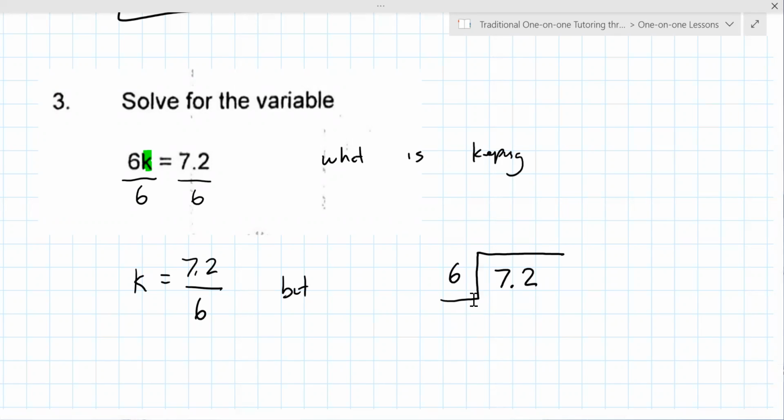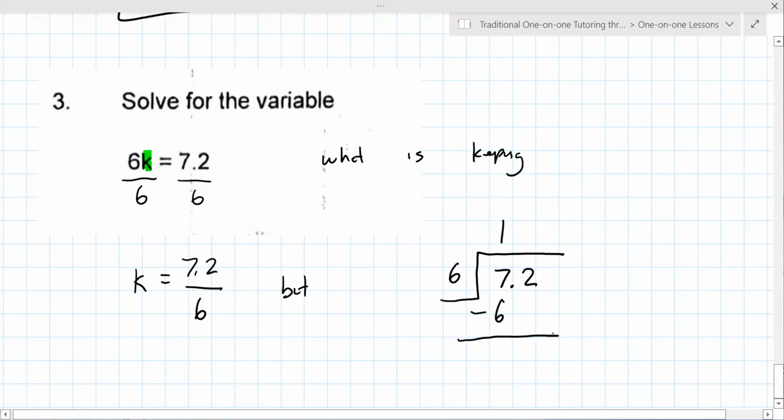I don't know, 1.0 something. So 6 goes into 7 one time. And then subtract this 1, bring down 2, 12, 6 goes into that 2 times. So 1.2. Yeah, so that's the value of k. k is 1.2. So while the previous line was correct,